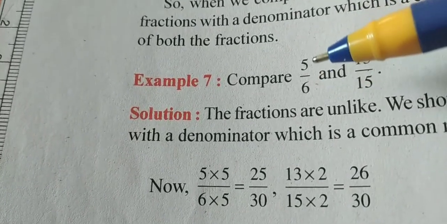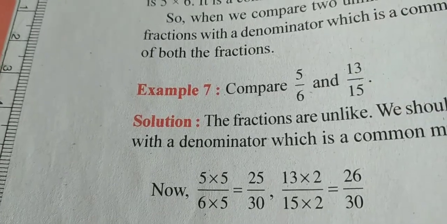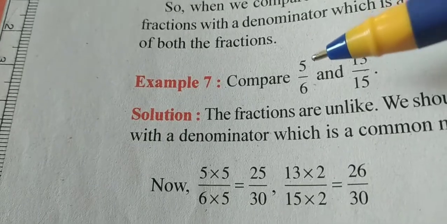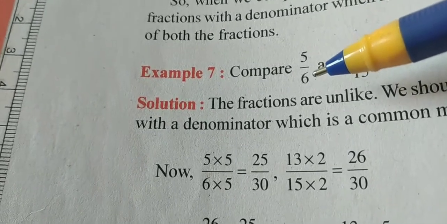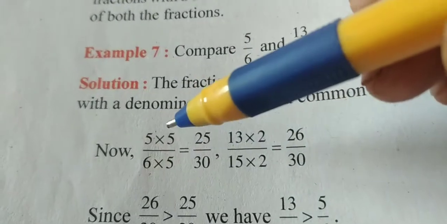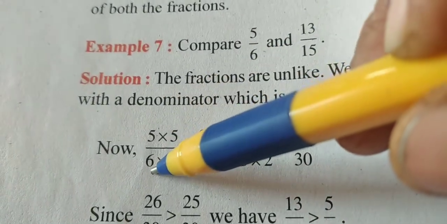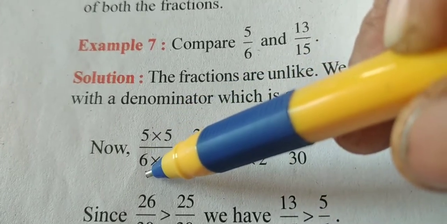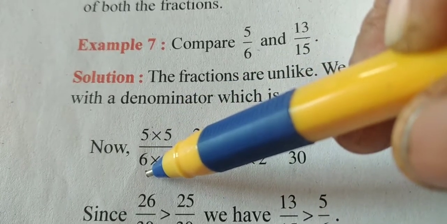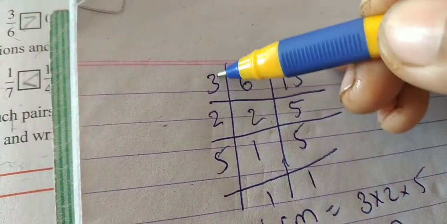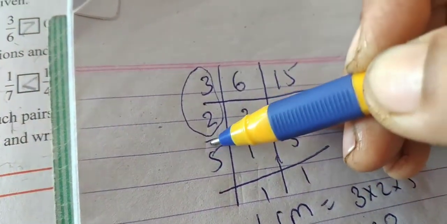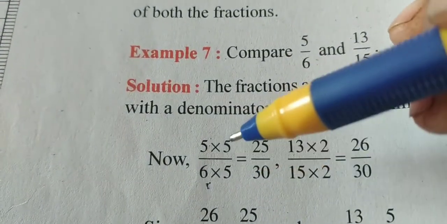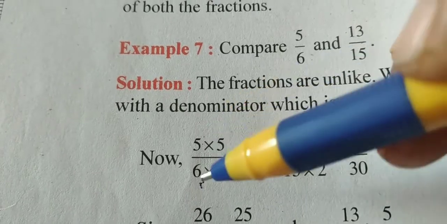or you have to get the equivalent fraction with the denominator 30. That is, I mean to say you have to get a fraction with denominator 30. So what will you do? When do you get 30 in the 6 table? You have to check with the denominator only, not the numerator. In 6 you get 30 when you multiply by 5, or else you can come to know from here only. 2 3s are 6. With 6 what will you multiply? 5. So here 5 is multiplied, 5 upon 6 is multiplied by 5